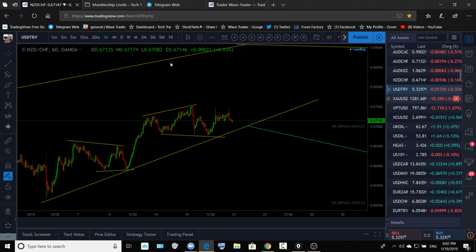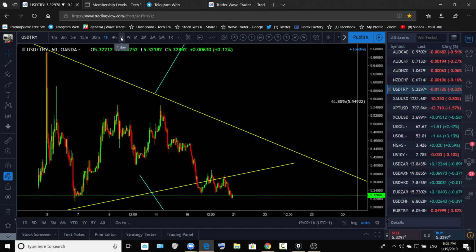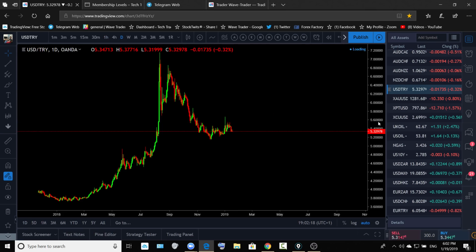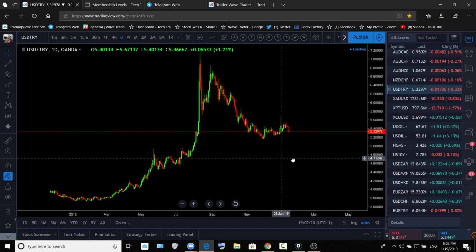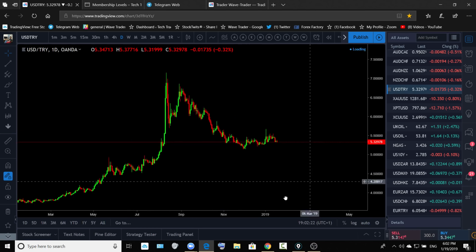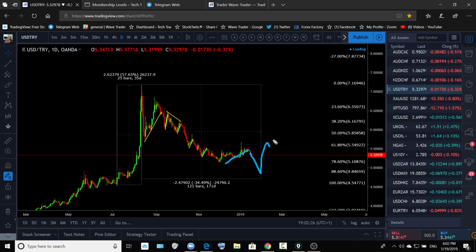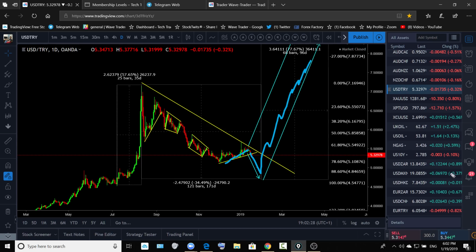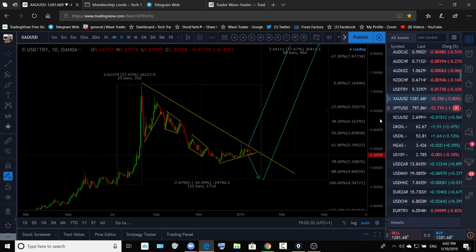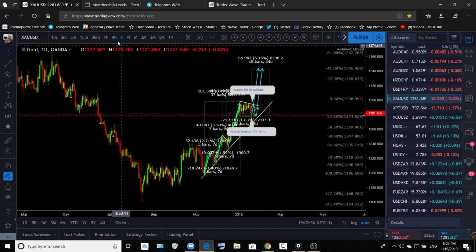Turkish lira is the same as last week. It can push lower for short term or medium term, and once price completes that move, look for it to do that. Buy is not there right now. Buy will only be there when this pair breaks up aggressively. Gold is a buy. The chart has already shown you.